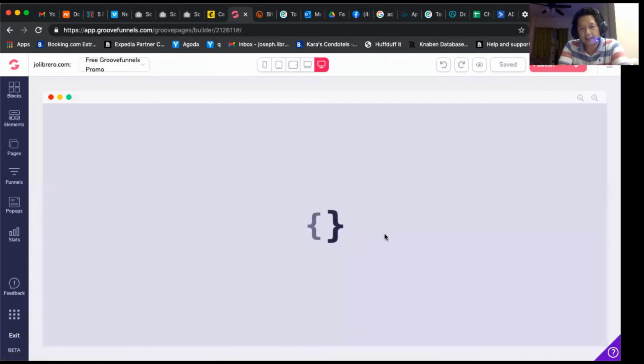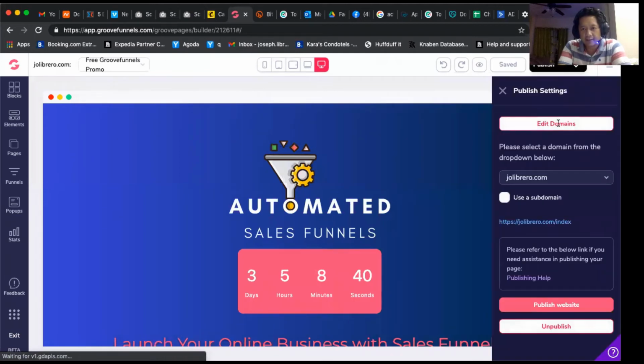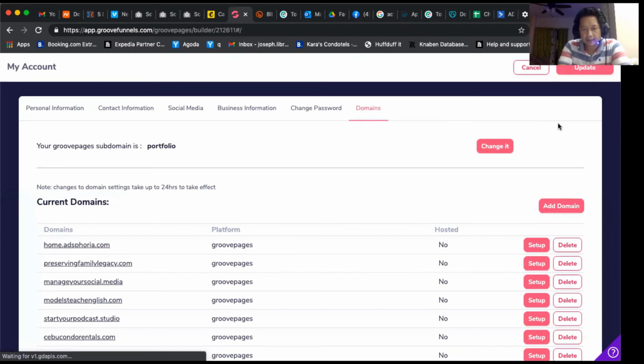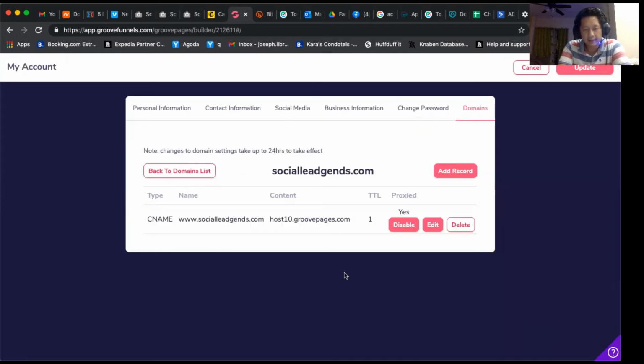Okay, if not, then I'm going to have to add it in. So let's go back to domain names, and then let's go back to that URL. Click edit, and then okay. So right here you can see that it has a CNAME with the subdomain www,